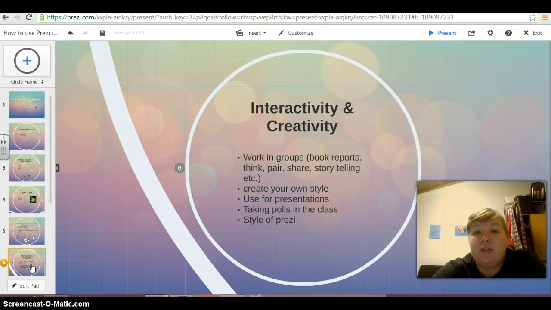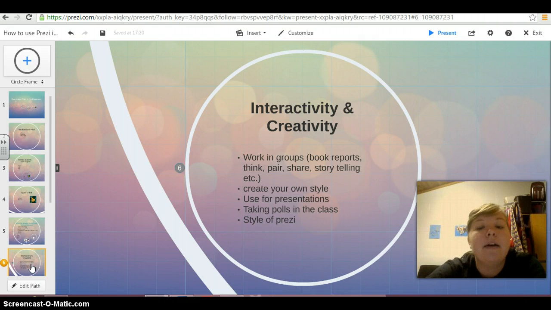I've also seen where this was used for storytelling, and teachers actually upload a Prezi of the different pages of a book, and then in the classroom you can project it up onto the smartboard or the whiteboard, and students can actually get up and click. If it's on a smartboard, they can click the arrow to go onto the next page, so that makes it more interactive. If you're really tech savvy, you can add in your own animations, and you can have characters and pictures going across the screen as the story's being read,